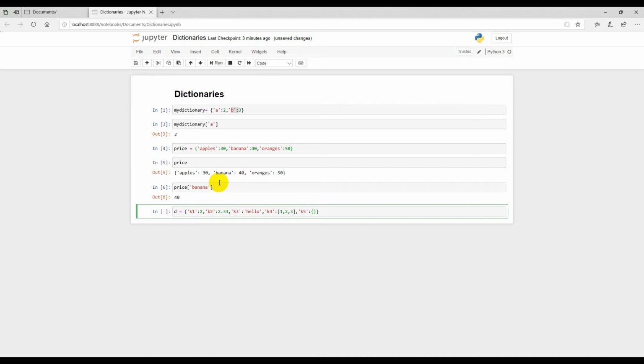So I'll open the curly braces and then the key will be k and the value will be a string, say apples, and if I run this, I'll not get any errors.